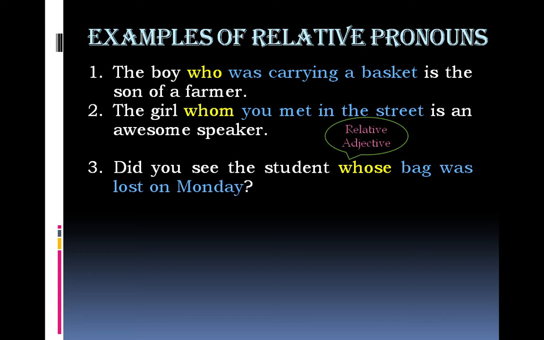In such sentences, if the possessive case of a relative pronoun has been underlined, out of the 4 options that are given beneath the statement, you can find relative adjective or relative pronoun, but one of the options will be given. The option relative adjective will also be correct in this case if the pronoun is in possessive case, and relative pronoun also, because it's a pronoun and an adjective both.